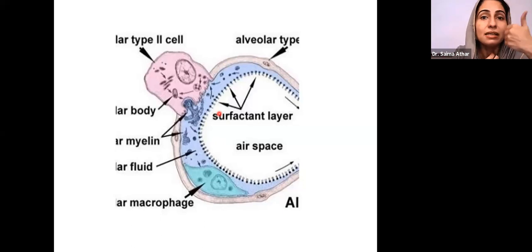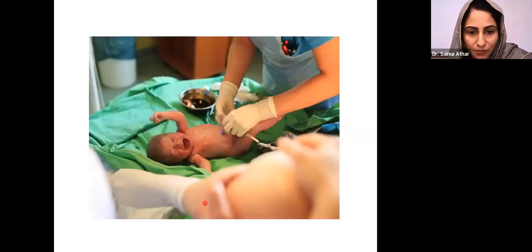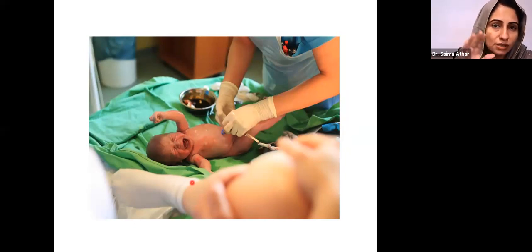Now the baby will immediately cry and will inhale. As soon as the baby cries and inhales, the chest will expand, because the fluid will be absorbed into the capillaries and the chest will be filled up with air, right? And ultimately the respiratory movement will start. The baby will start breathing in and breathing out naturally. So this is how it is important at the time of birth, although the small rhythmic contractions of the muscles have started in intrauterine life, and the baby is inhaling